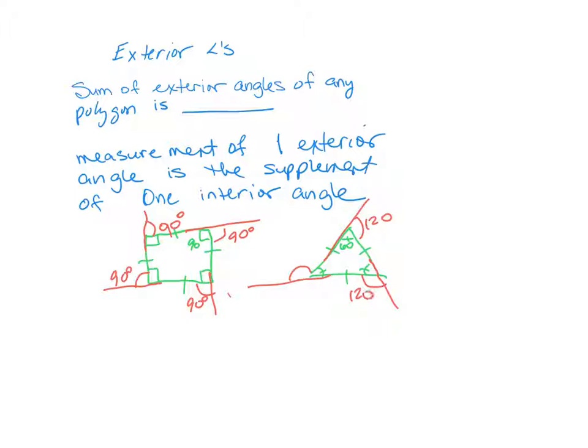And this one's 120. And this one's 120. What is 120 times 3? 360. What is 90 times 4? And the rule says the sum of exterior angles of any polygon is 360. That's what you're going to put on this line here. 360 degrees. That rule will get you out of so much trouble when you get confused about the interior ones